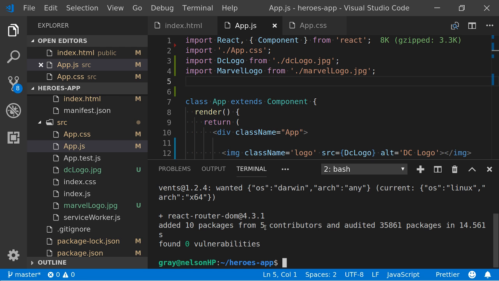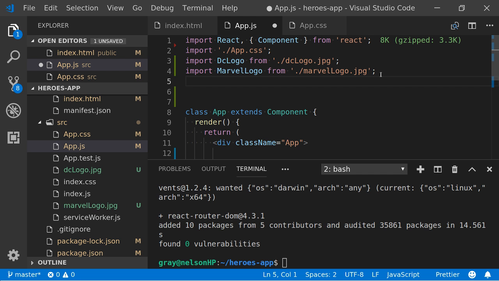I didn't finish that. So that should say it's added a certain number of packages, and that will tell you that's been successful. I'll just bring out that command again in case you missed it while I was typing it. So it's on the bottom of my screen there, npm I React Router DOM.